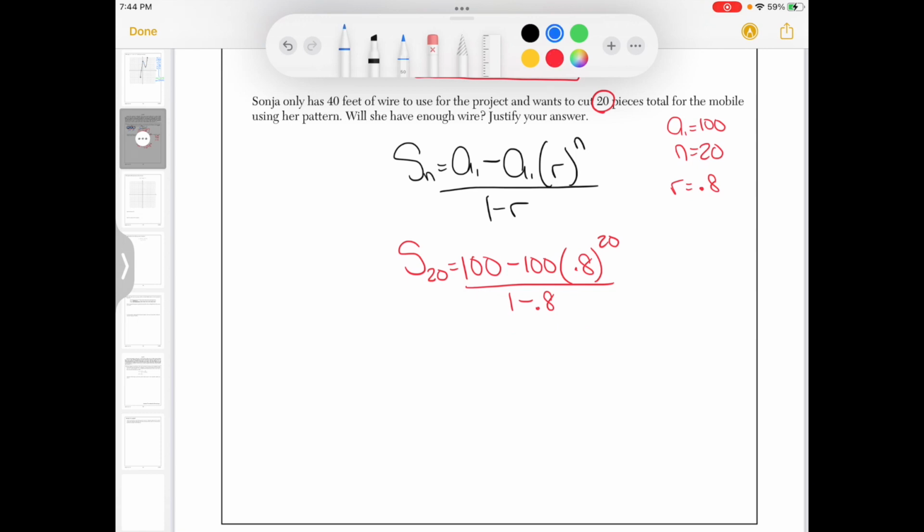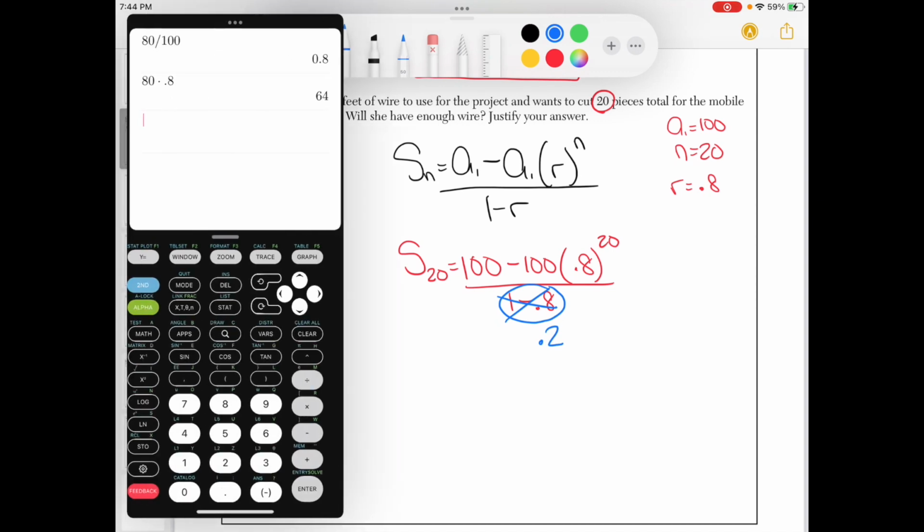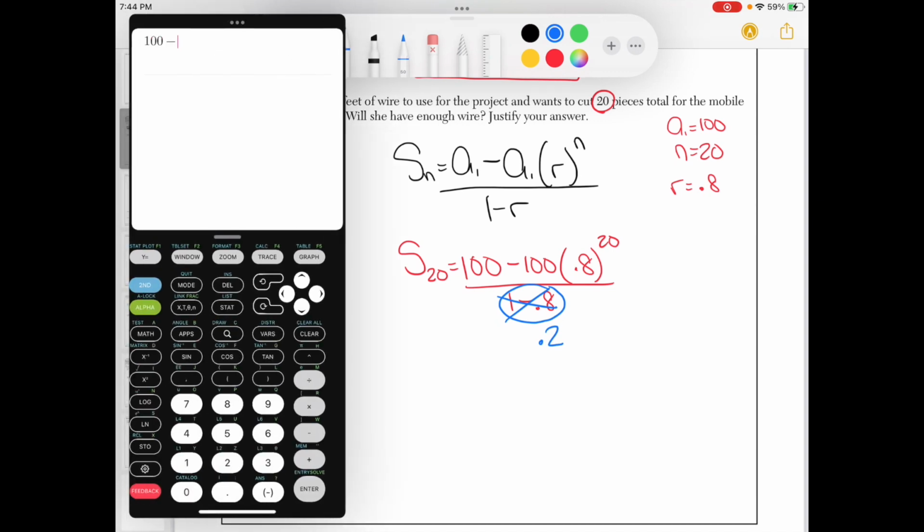Now, I remind you, this on the bottom, plug in the top first, I should say. Then when you go to divide by the bottom, this has to be one number. So I'm going to simplify that to 0.2, and I'm going to plug this all in. So it's 100 minus 100 times 0.8 to the 20th. That'll get me